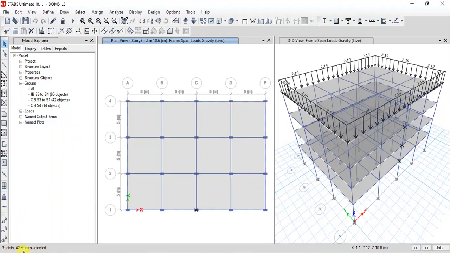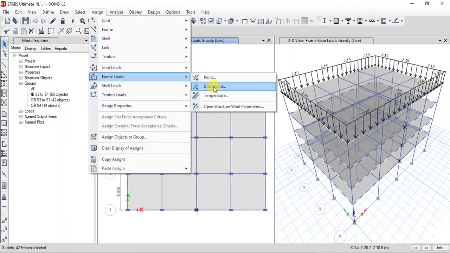There are 42 frames selected. Now on this we need to assign the wall loads.